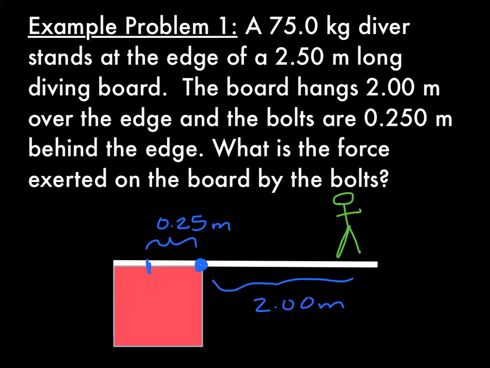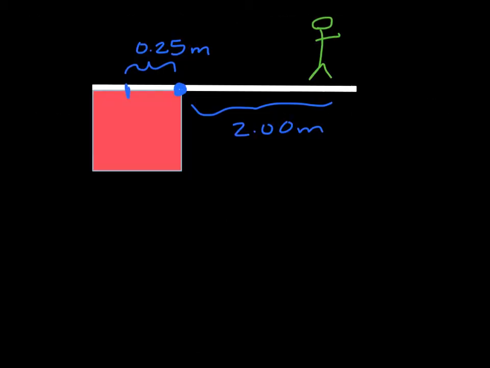So first problem, I'll let you write this down. We just have a diver standing on this board. This is going to be your pivot point, and we're going to find the torque. First thing we're going to do is draw a force diagram. So the diver's mass times gravity is acting here. This angle is 90 degrees. And then you've got your torque here, which is pulling down. And this is going to be force